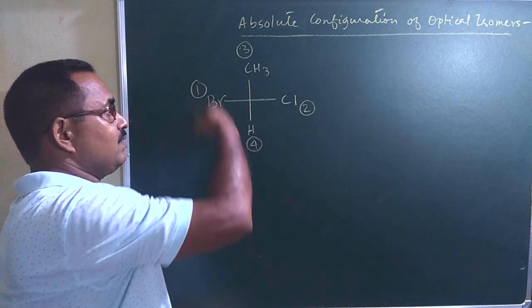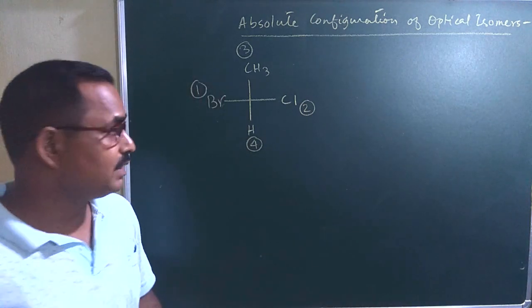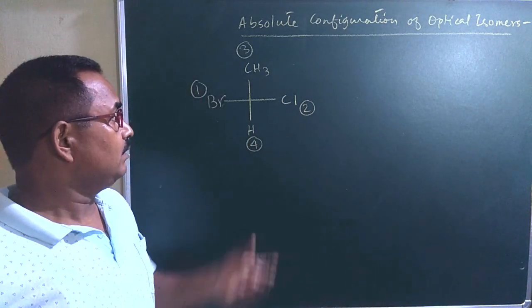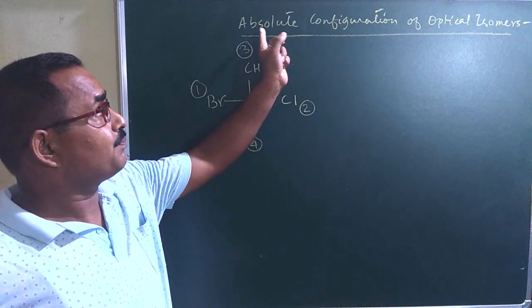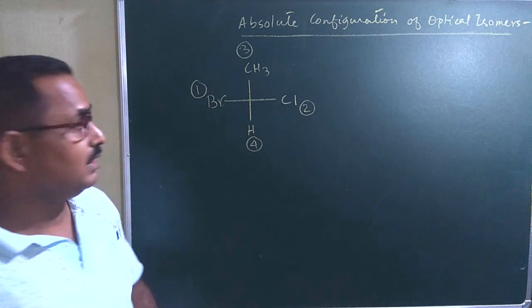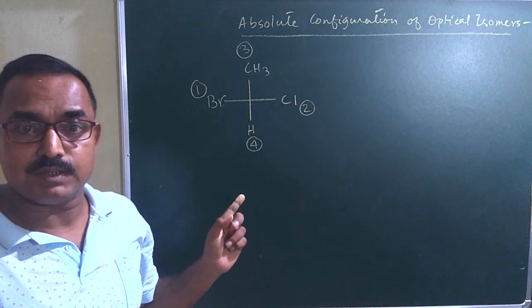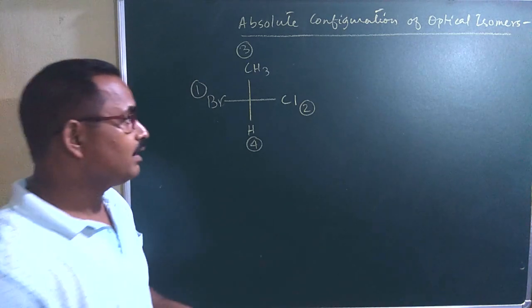Then what will we do? We will assign the priorities of the four groups. That is the first task. At first, if we are going to assign the absolute configuration of an optical isomer, at first we are to assign the priorities of the four groups attached with the chiral carbon. Then